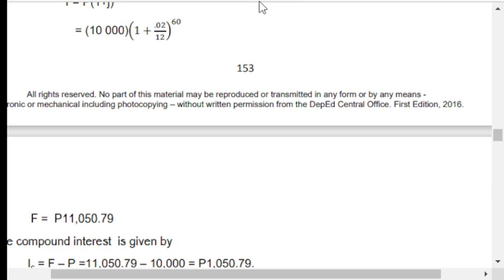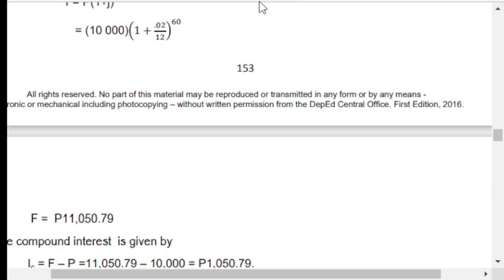So kung naa may calculator, sige follow. We have 10,000, open parenthesis 1 plus 0.02, then press ABC, then 12, then close parenthesis, then arrow up, ang arrow nga padung saka, then 60. To get an answer of 11,050.78927, which can be rounded off to